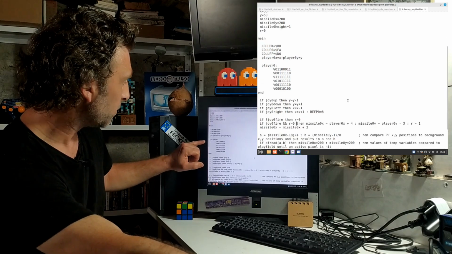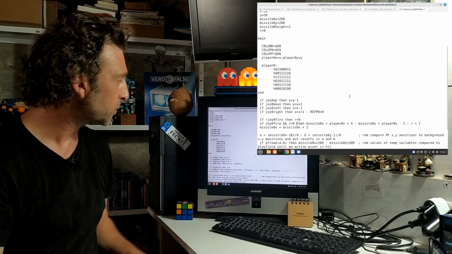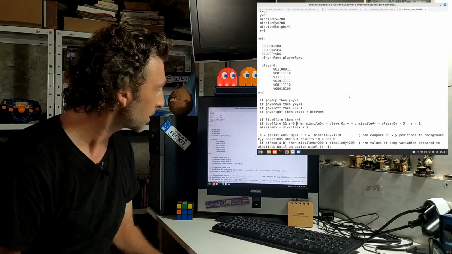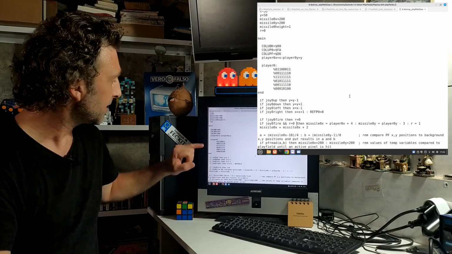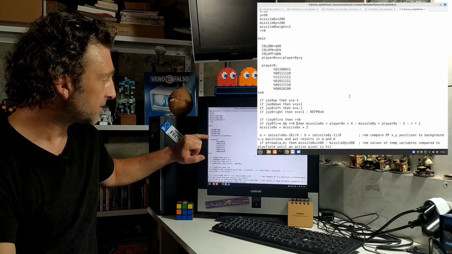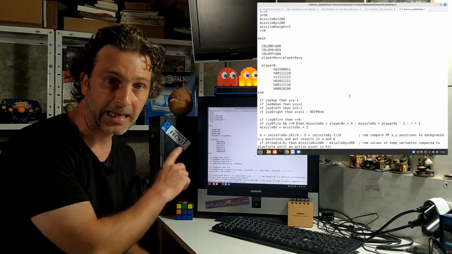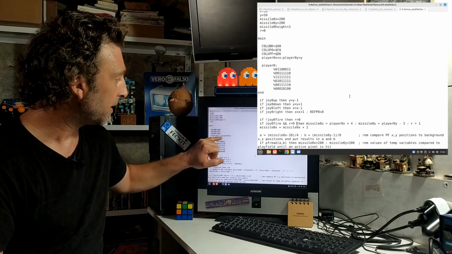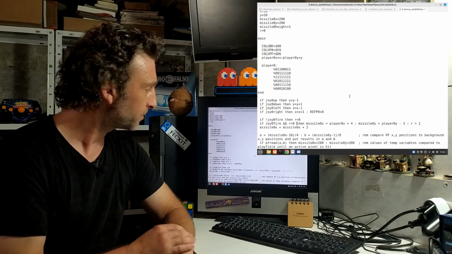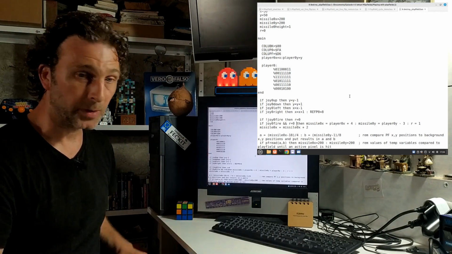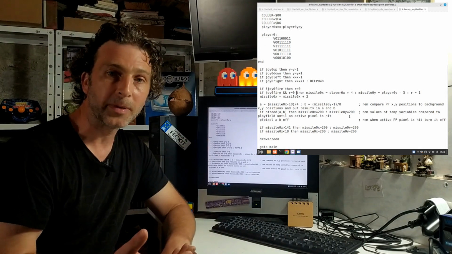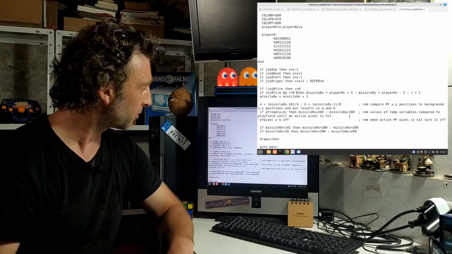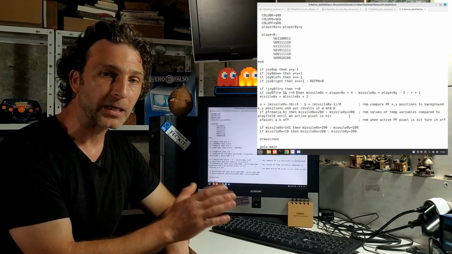Inside the main loop, we're setting our background color, our sprite color, and our playfield color. I'm linking player 0x to the x variable that we assigned above, and player 0y to the y variable. Then we're drawing our little sprite like we did in episode 1, and assigning joystick movement to him. So he'll go up, down, left and right, and he will also flip when he goes to the right-hand